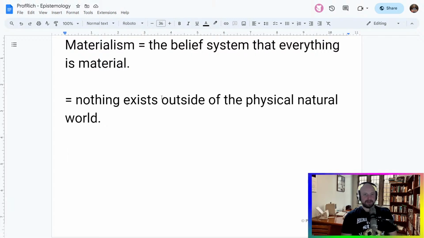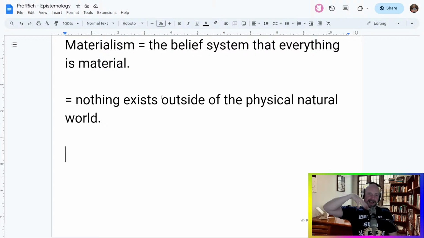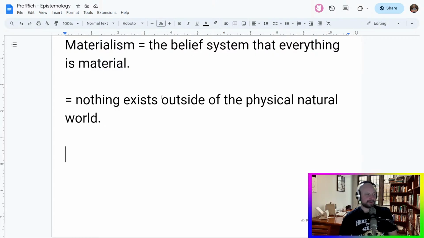So materialism will basically say, look, the table exists, it's a physical table, I exist, I have a physical body and a brain, and there are some illusions that I have, such as consciousness and perception, but those illusions are just electronic signals in my brain. They are all physical things that exist, and my perception of them is just how the physical things manifest, basically. That's what materialism is.